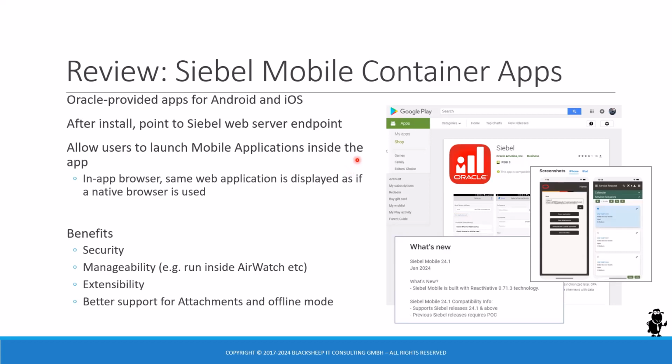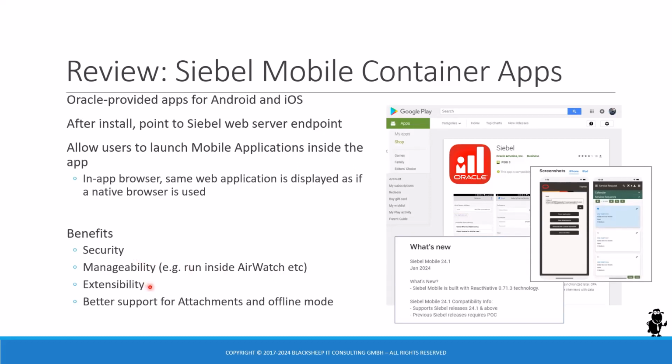For example, many customers that I've worked with who use Siebel mobile applications want to manage the deployment of Siebel on the phone. So basically, by deploying the app, the users don't really need to know that they could connect to a URL. So you can use things like AirWatch to coordinate that deployment. There's, of course, higher security,